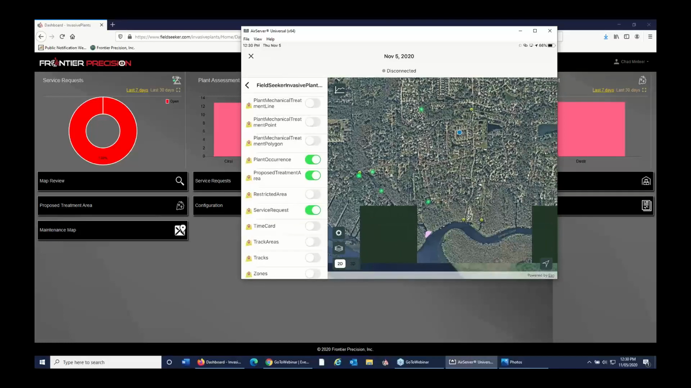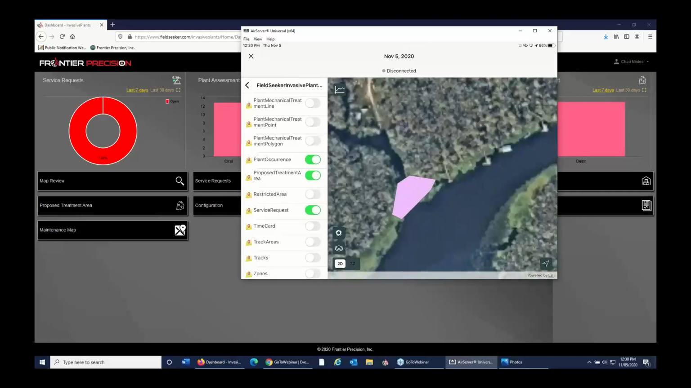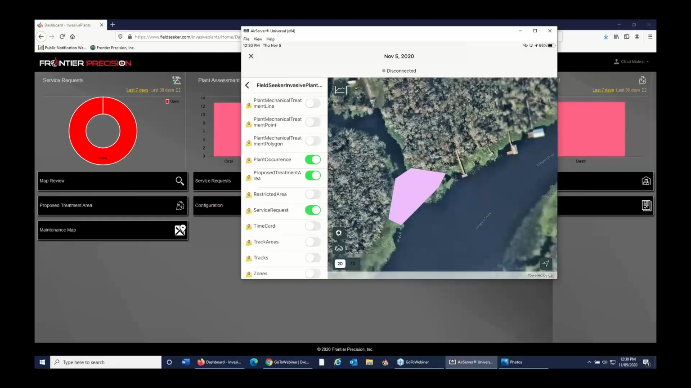So if I zoom out here, then there's that proposed treatment area I created. I could proceed to create a flight plan for my drone to fly that area so that I could get a current up-to-date map and imagery of that area. So I could do that before, do my control, then fly it after, and view that mapping data along with